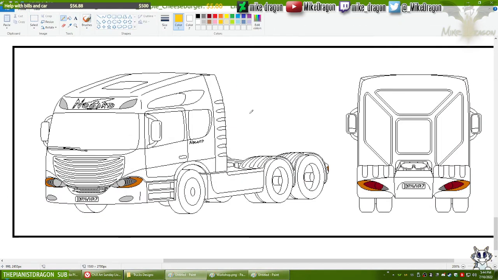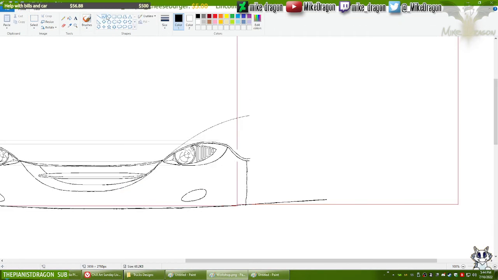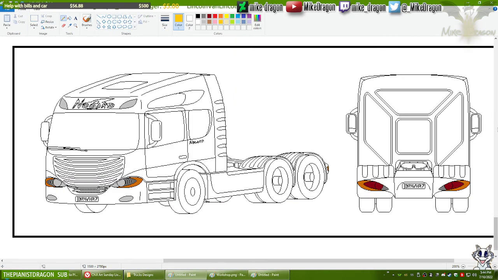Now, before I draw the ladder, I shall draw the wheel arch.